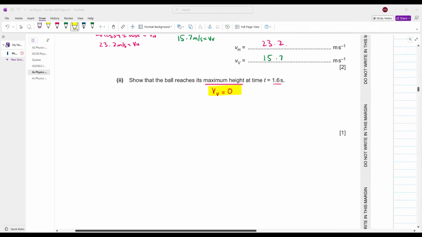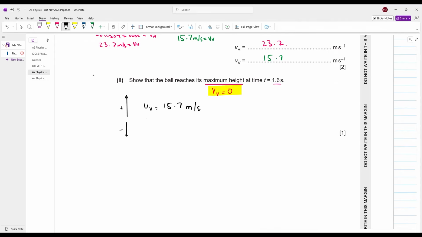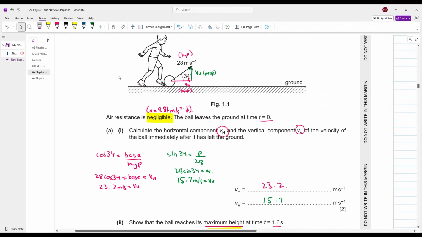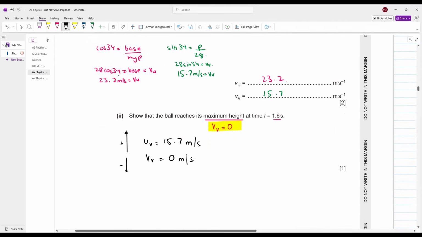Just focus. You can say that the upward vectors are positive, downward vectors are negative. Your initial vertical velocity is what? Initial vertical velocity is 15.7 meters per second. Final vertical velocity is 0 meters per second. Perfect. Where is your acceleration acting? Acceleration is 9.81 meters per second square acting downward. So acceleration will become negative 9.81